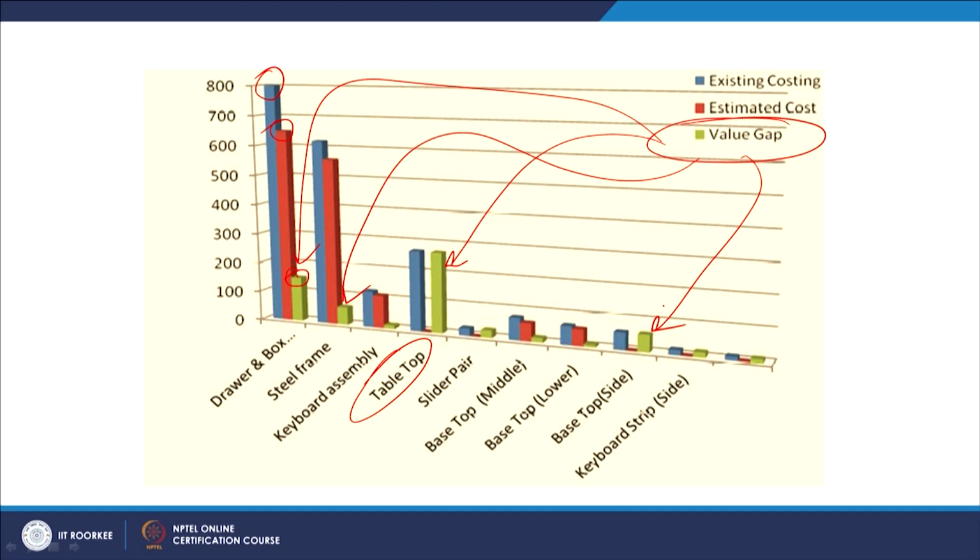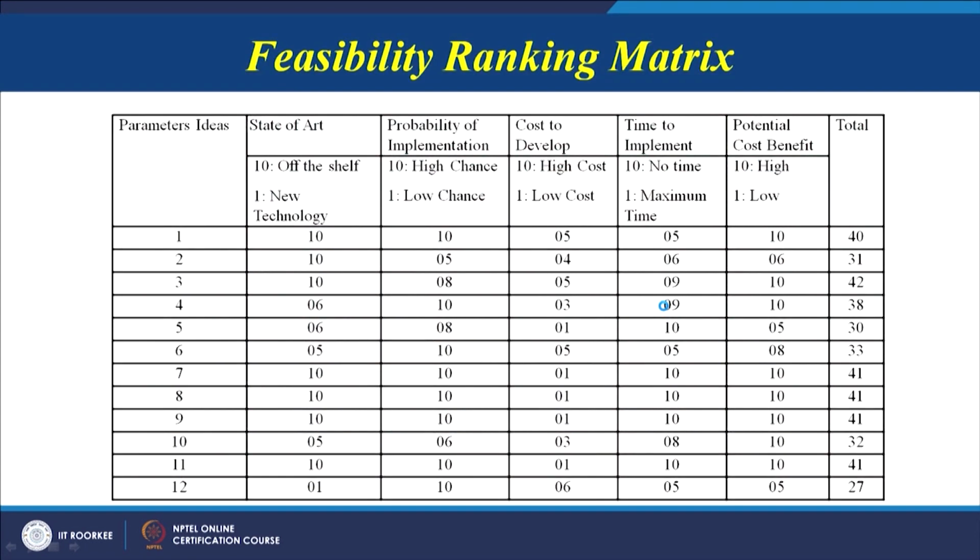So, similarly this is important. Why is this important? Because now we know what the focus areas are. If we attack these areas, we will be able to substantially improve the design of our product, and we will be able to provide a similar or a better product satisfying all the functional requirements, but at a reasonably lower cost. So, now let us see what the next stage is.